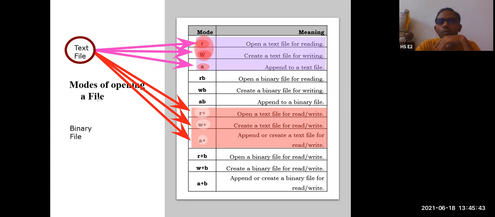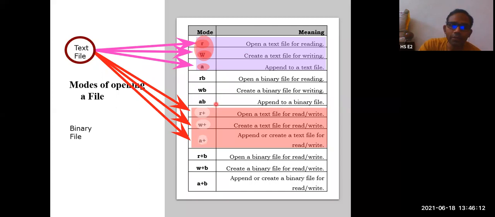So we have these modes for a text file. The first modes for a text file are R, W, and A: read, write, and append. In the previous class, we have seen programs related to reading a file, writing data into a file, and appending data into a file. Apart from this, there is a situation where we want to perform a write operation and a read operation.